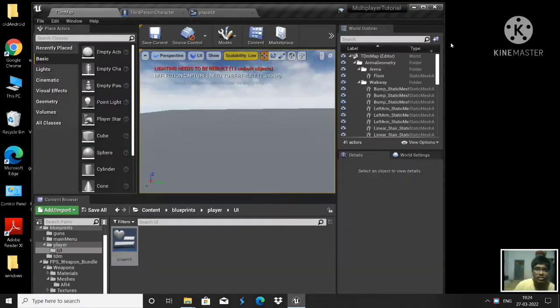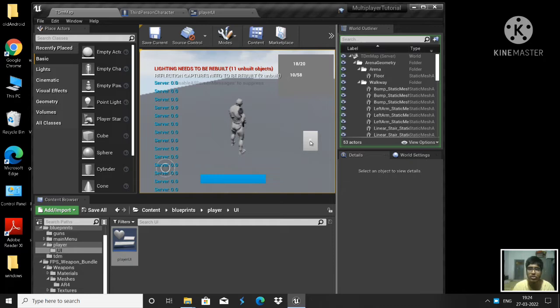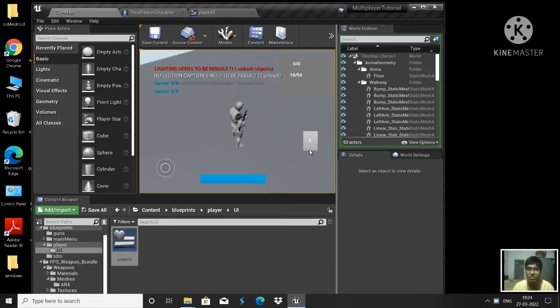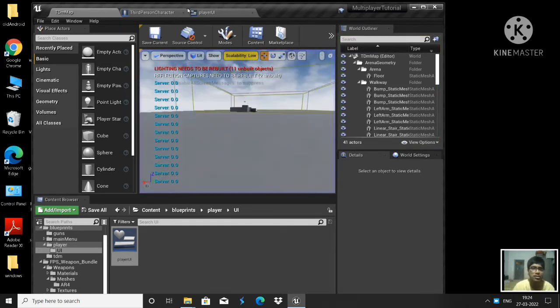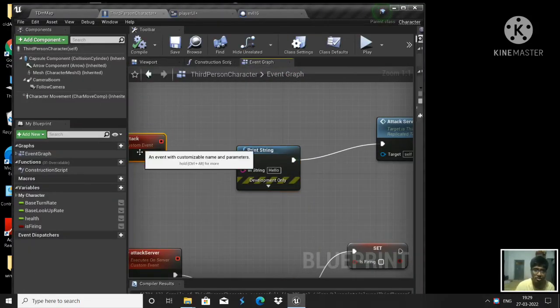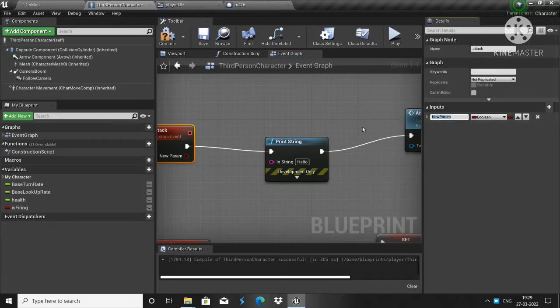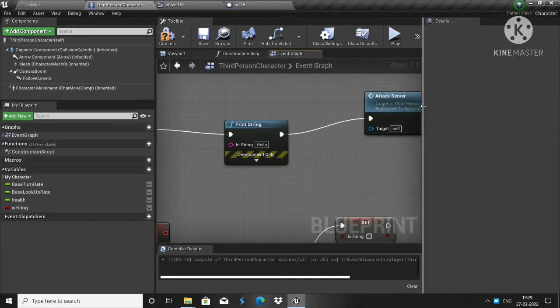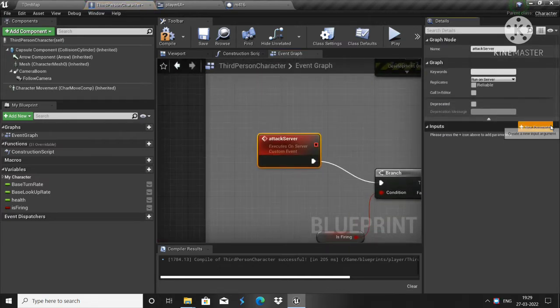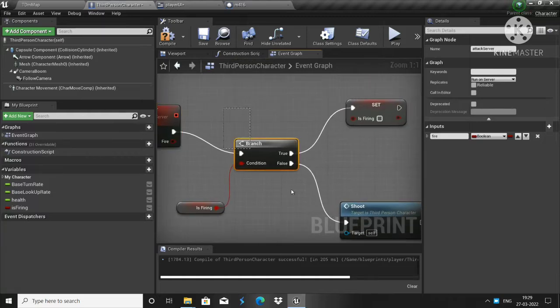So let us check this out if it is working properly or not. So if we check, our player is playing right now, and if we hit fire, okay, it is not firing anything. Okay, wait. So Player UI on released. Just a minute. So what we're going to do is add an input to this, which is Fire. And the server event will also have a boolean, which is known as Fire. So what happens is that we're going to send this Fire to here, and then we're going to